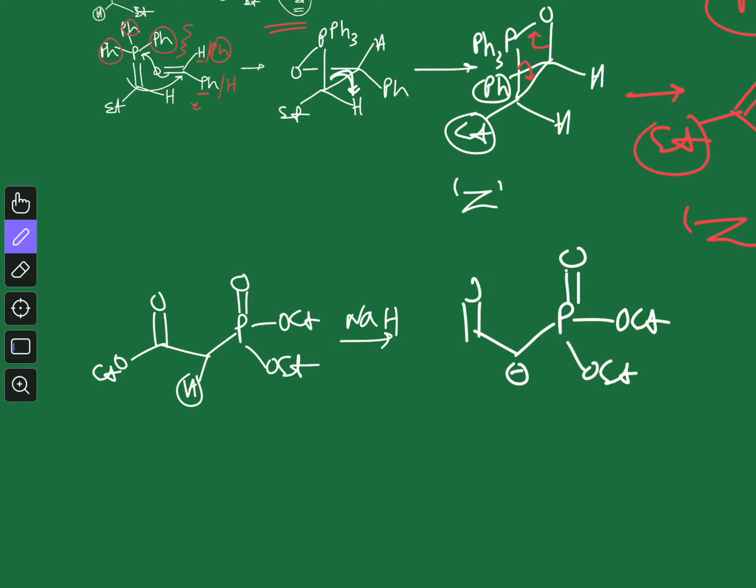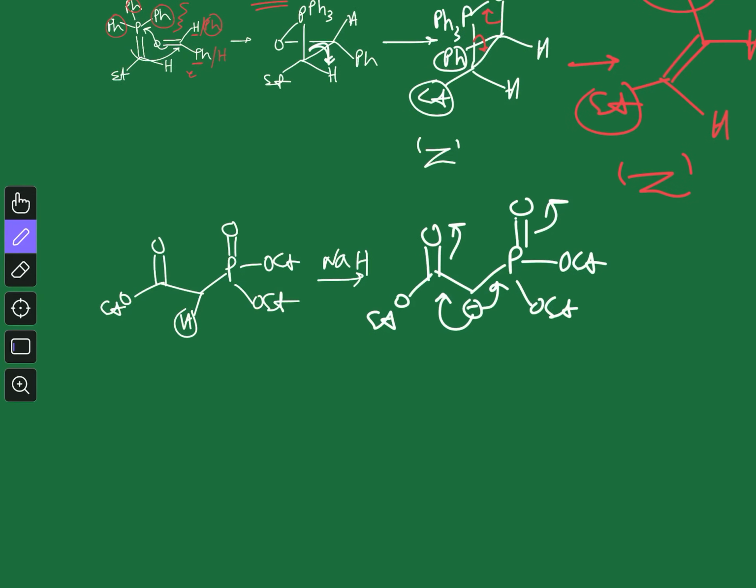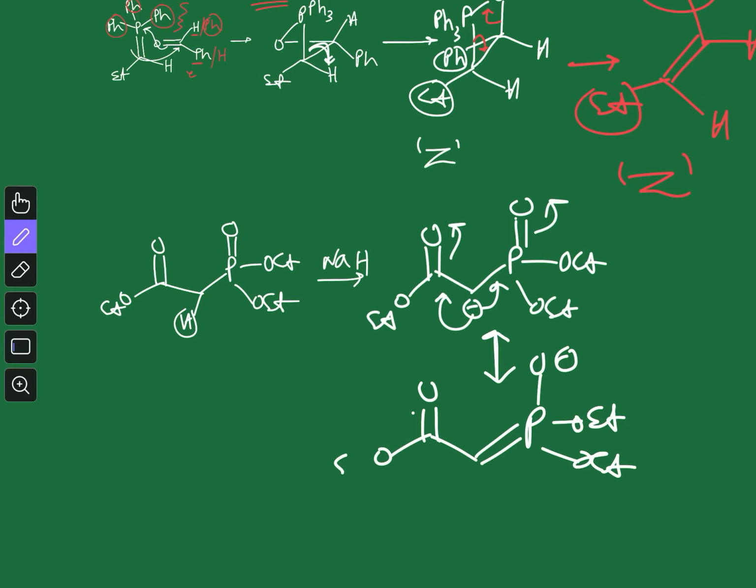So now you can see this is a stabilized ylide, because this negative charge can be stabilized both on this side and also on this side, right? So on both sides there is a stabilization, that's why we call it a stabilized ylide. And from this stabilized ylide we can draw one resonance canonical form, and that is basically O minus OEt, and here on this side you have this ester group. So this is the resonance canonical form.